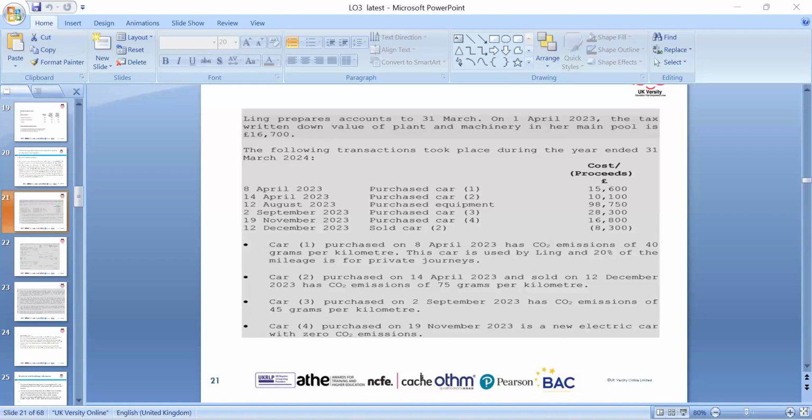So we need to be looking around the qualifying criteria for this, and car 2, which had the emission level 50 grams per kilometer. So we can look around this criteria is included in the pool. Then we can look around the car 3, the emission level between 1 and 50 grams per kilometer, and this is pool is the